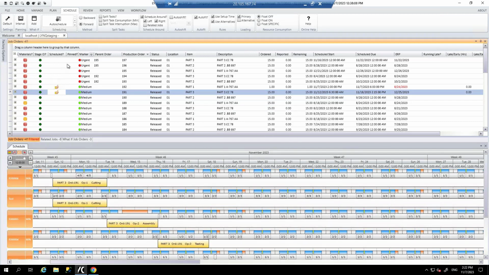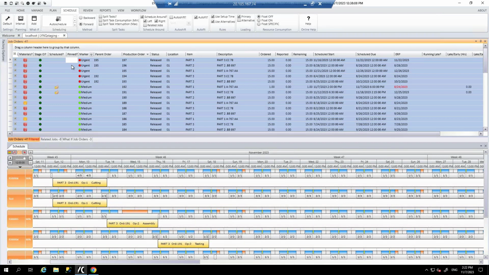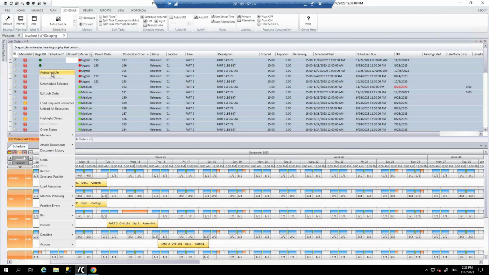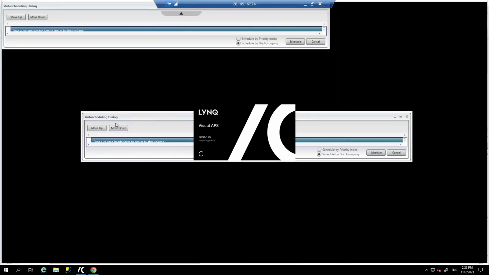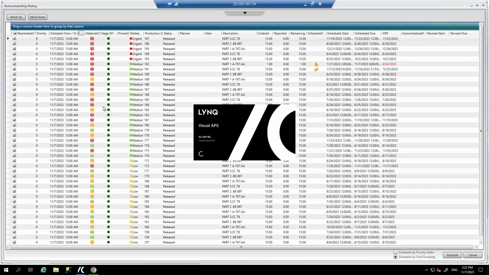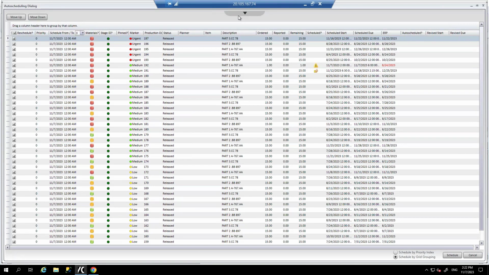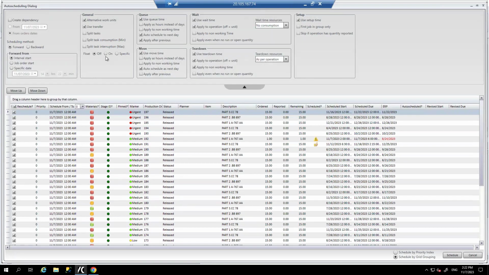And I'm going to take a whole bunch of these production orders just because we need to get some scheduled. I'm going to auto schedule, take all of this demand, all 41 production orders. Again, I've not set any priorities. I've not sorted or grouped my data. I could do this from here as well, but I can forward schedule, forward load my capacity, backward schedule from the original requested due date.